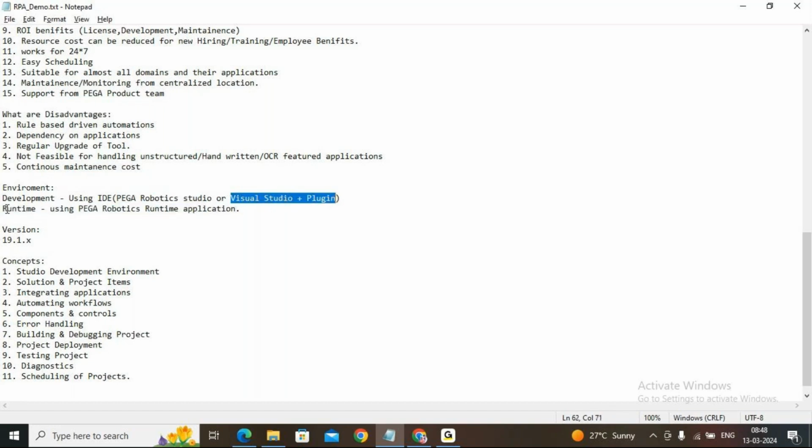Okay, and runtime we require, as an end user, whatever the developed solutions they want to run those bots, they need to have this runtime environment set up in their machines. So for that, we'll have the Pega Robotics runtime application. Okay,